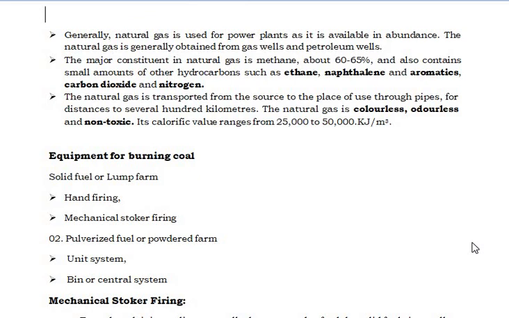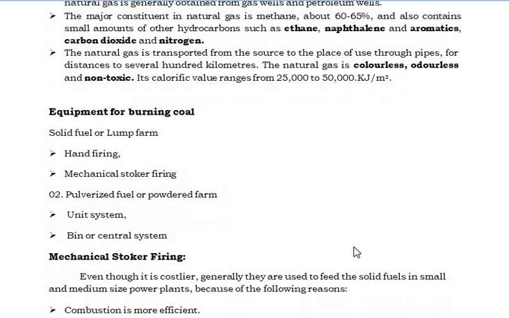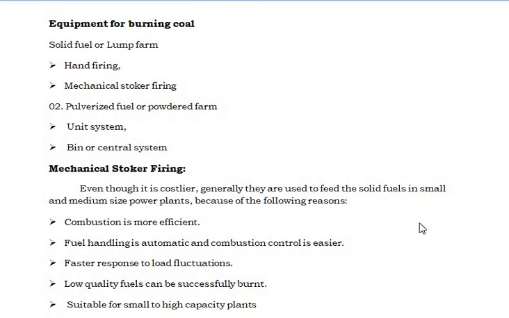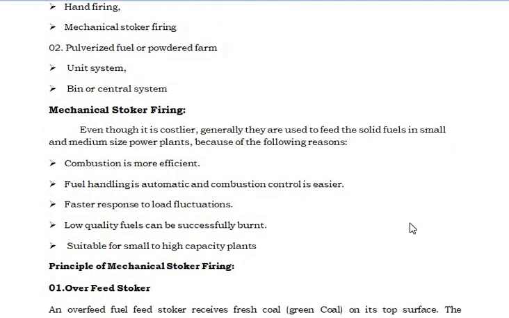Next, equipment for burning coal. For solid fuel in lump form, there are hand firing and mechanical stoker firing. Then we will deal with pulverized fuel or powdered form, that is the unit system or bin system, or central system. Mechanical stoker firing, even though it is costlier, is generally used to feed the solid fuel